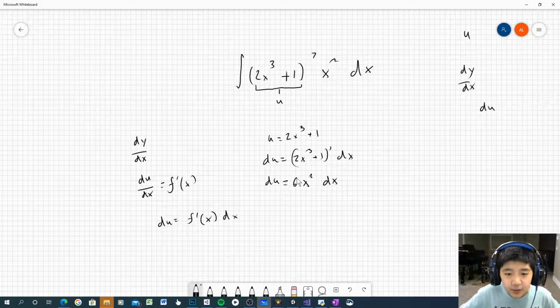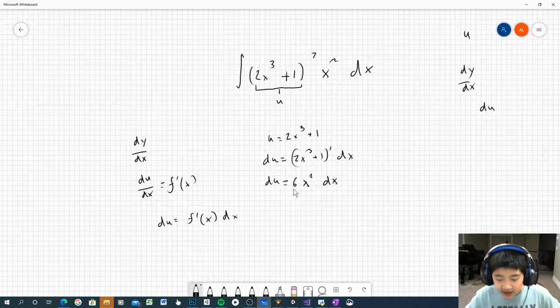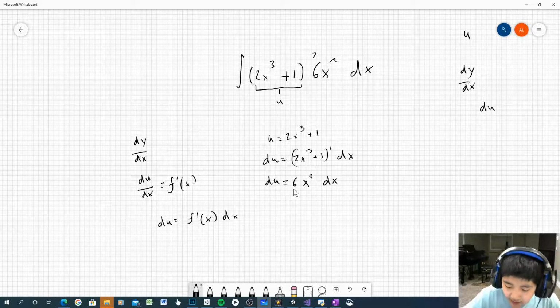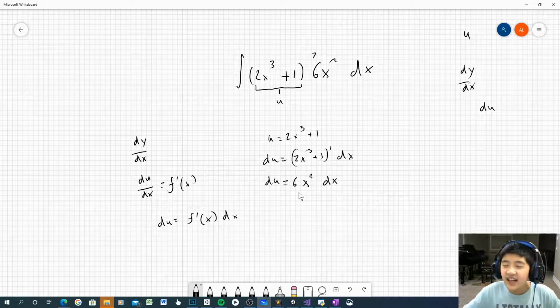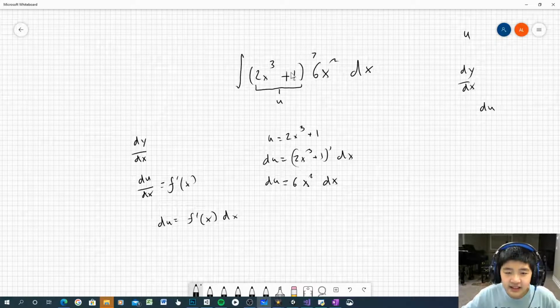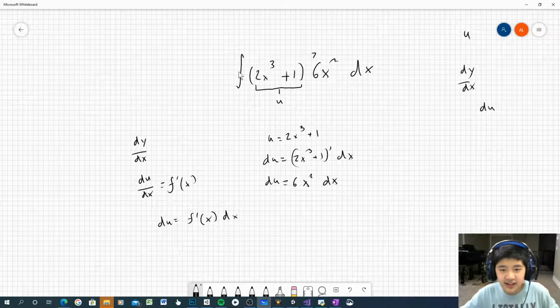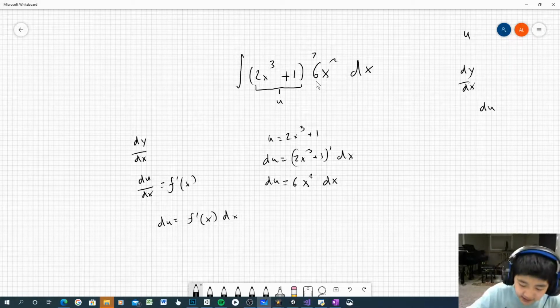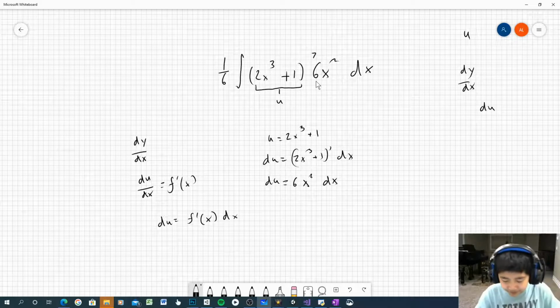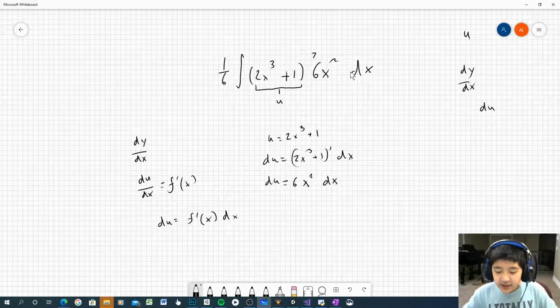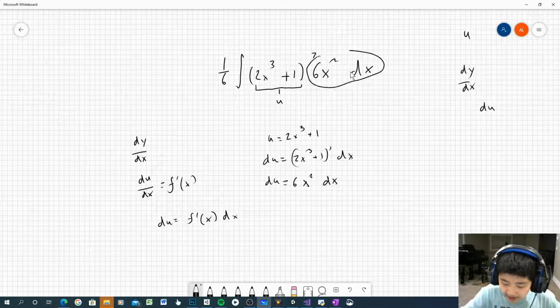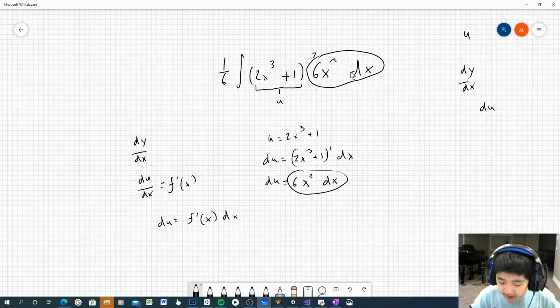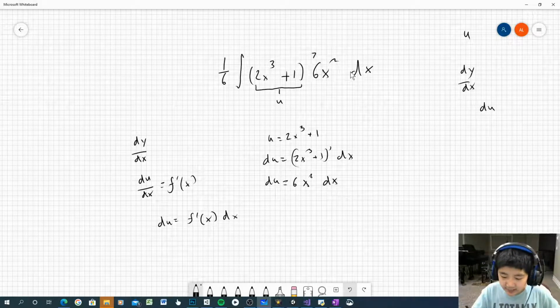But where do we get this 6? Well, we can actually just add it on. But wait, adding a 6 on here won't make this the same equation, so we have to compensate in a way. Since we added a 6 here, we basically multiplied the entire thing by 6. To compensate for that, we have to multiply it by 1/6, and we can place that on the outside. Great. Now we can see over here that this is equal to this. And if they're equal, it means that they're the same. So this can be